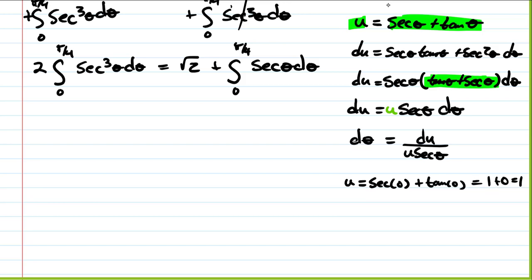So we get 1, and pi over 4, we have secant of pi over 4 plus the tangent of pi over 4. So secant of pi over 4 we did earlier is the square root of 2, and the tangent of pi over 4 is 1. So finally, putting all of this into our integral,